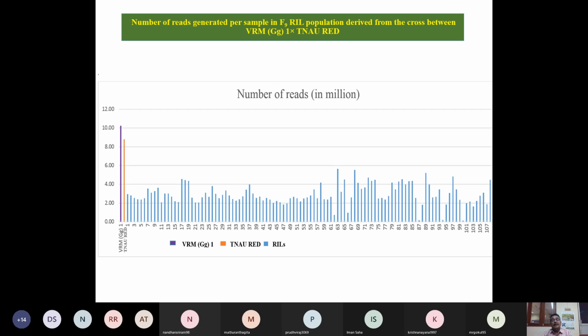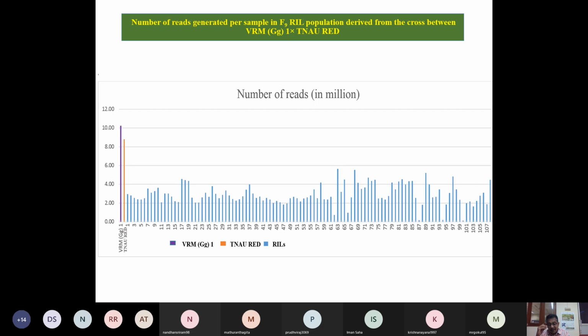Almost all RILs have a minimum of 2 million reads. Sometimes some RILs have a very small number of reads and SNPs identified. Okay. So again, why am I insisting on this? Whenever you read any paper on the construction of a linkage map using SNPs, you have to look at this data. The reviewer also always asks for the data: individual reads, how many millions of reads for each RIL, whether all the RILs are sequenced enough with enough coverage, or whether any are missing or have very poor sequencing data.